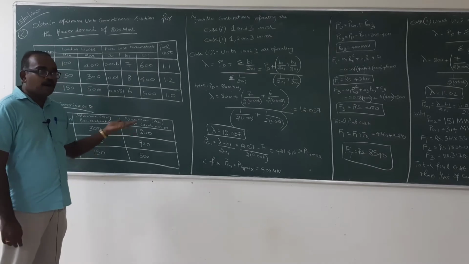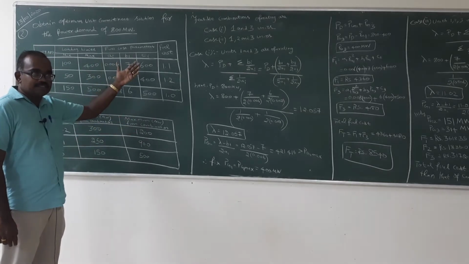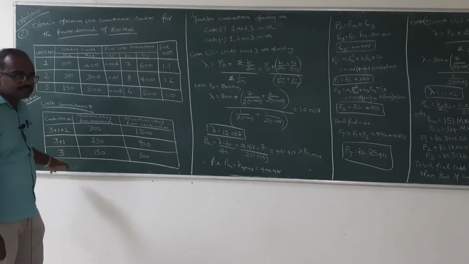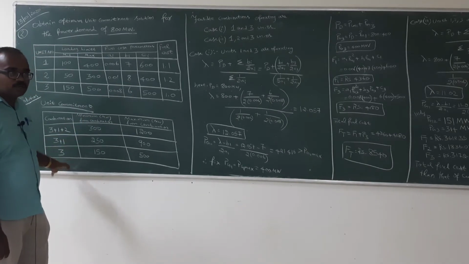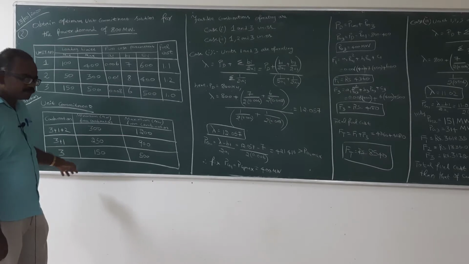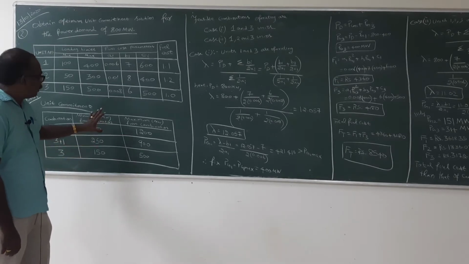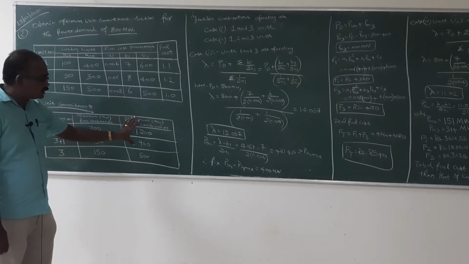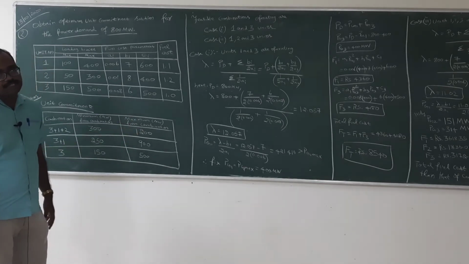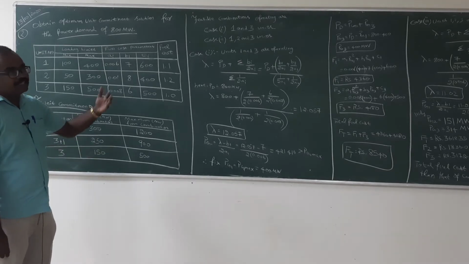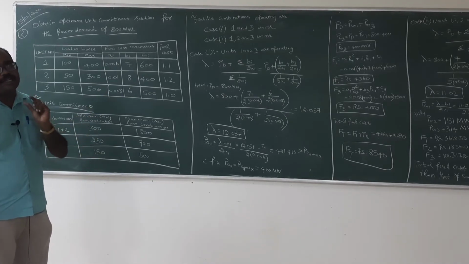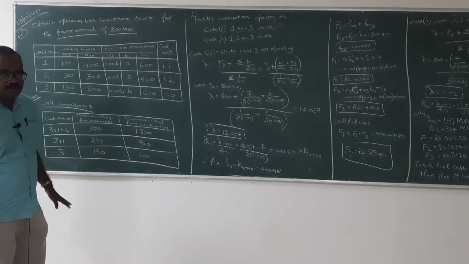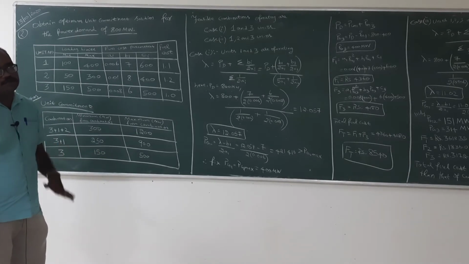Based upon the previous results, for the unit commitment we have the combinations 3, 1, 2, and then 3, 1, and then 3, and their respective minimum megawatt and maximum megawatt combinations. So here, in order to provide 800 megawatt, which combination can we take? We have to see the maximum limits.